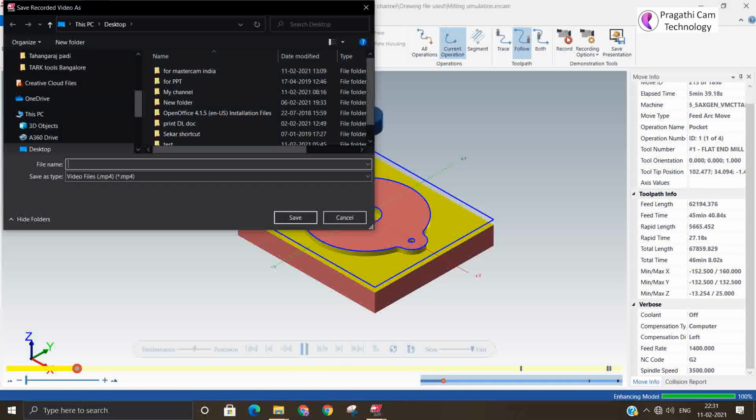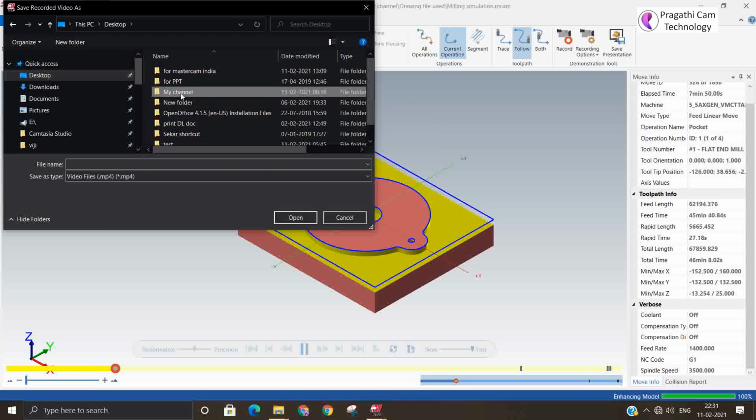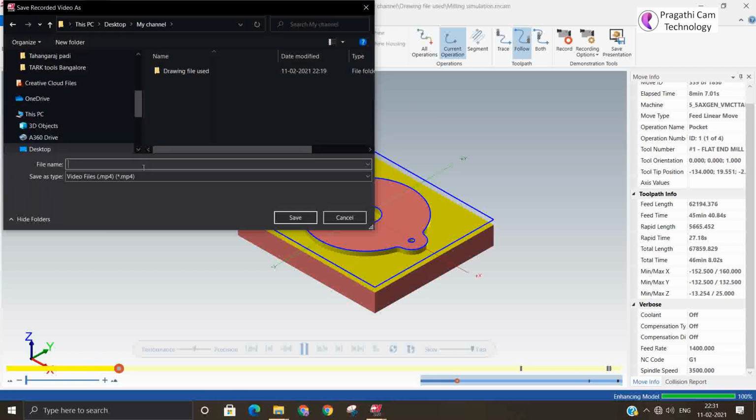I just clicked. You can save it as an MP4 file. Now I will save this on the desktop. Outside I will just give a name and save.